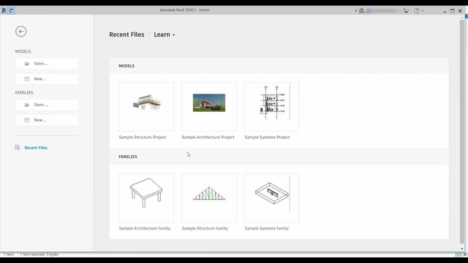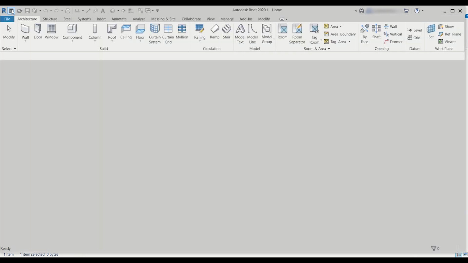So friends, Revit is a software which is used for generation of drawings and modeling by architects, structural engineers, contractors and all related personnel. So first of all, I'll click on here, that is my home, and then I'll click